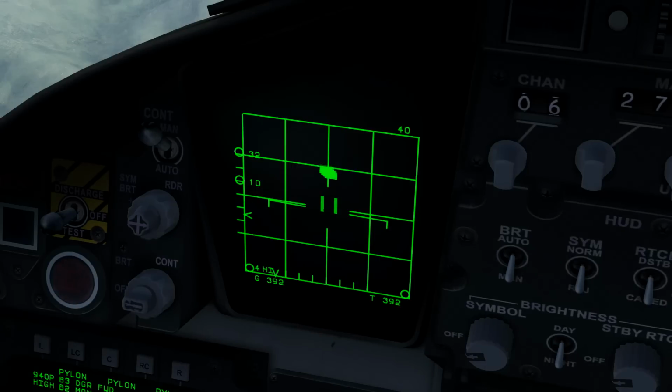So this is range while search mode, and what this does is it tells you, without locking onto something, all it really tells you is that there are radar contacts here. You can see these horizontal lines, those are enemy contacts. Now, what happens